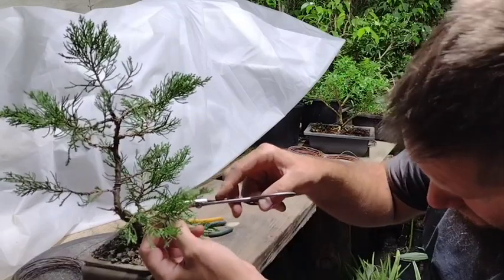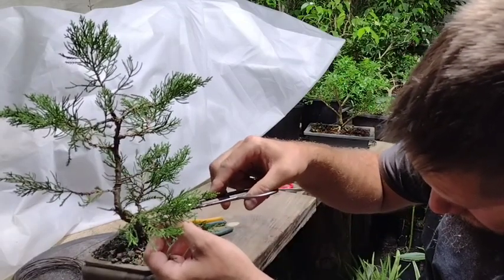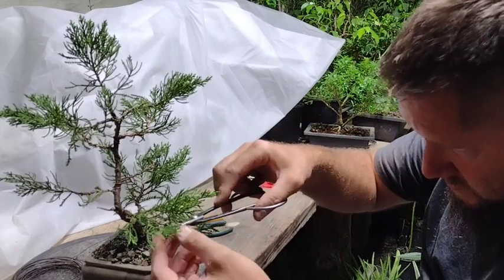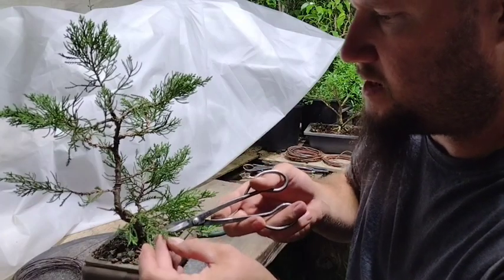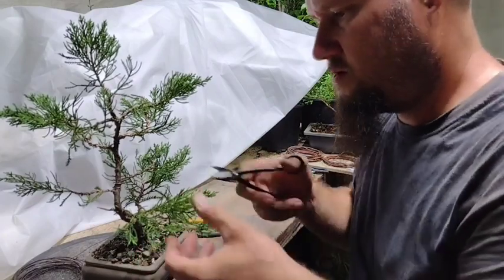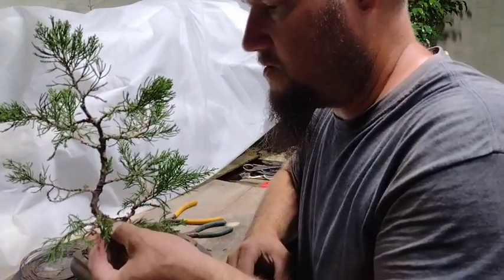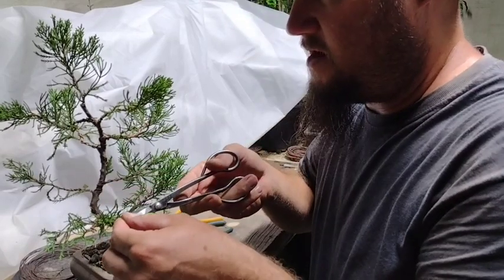Now I'm going to take off some of the lower stuff on these branches. So you don't want anything sticking straight down to make a pad. And then I'm going to trim this back a little bit. And I've got this branch that's in the middle of all of this. I'm going to leave it for now,